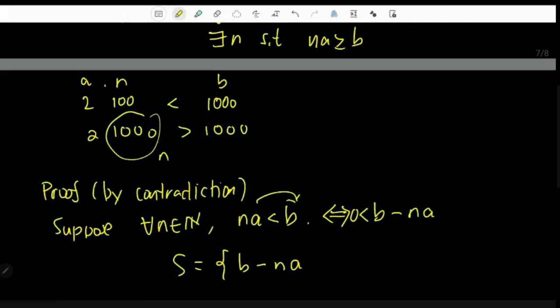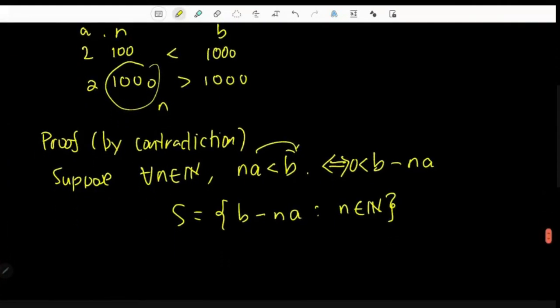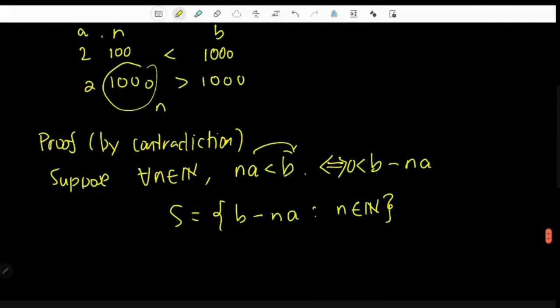The set containing B minus NA for all n in the set of natural numbers, laging positive. So, it's a subset of the set of natural numbers. Tama? Kasi sabi mo yung NA, mas maliit sa B. So, kung mas maliit yung NA sa B, by definition of the less than symbol, yung B minus NA, positive yun. Tama? So, S, which is composed of all these numbers, B minus NA, is a subset of the set